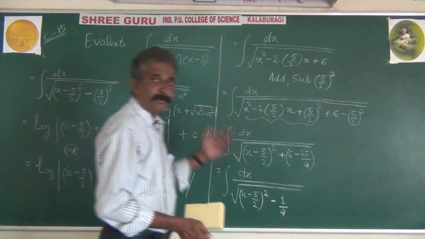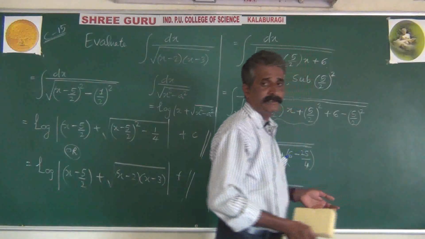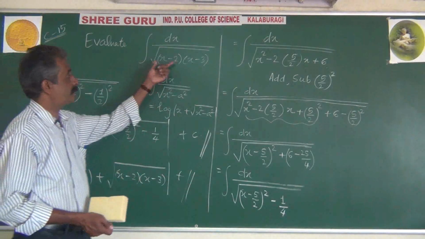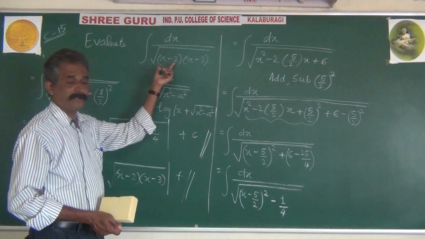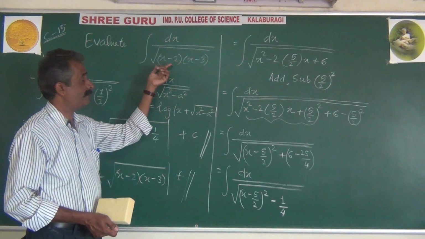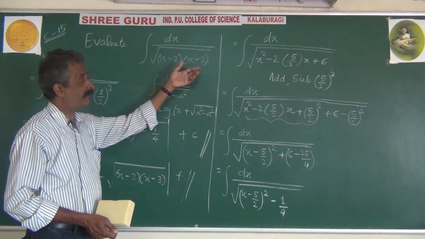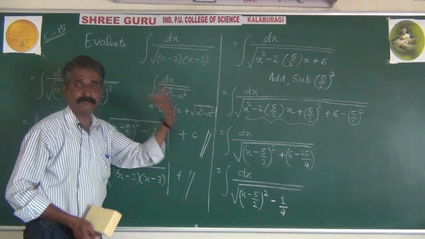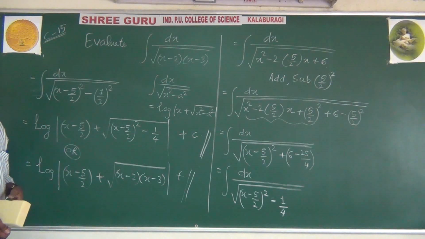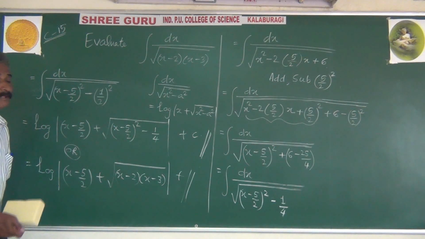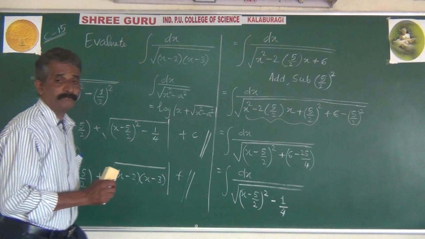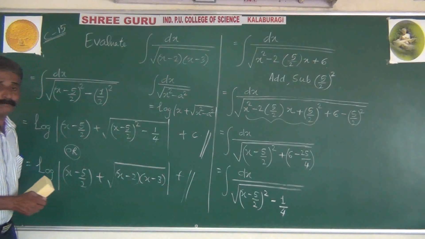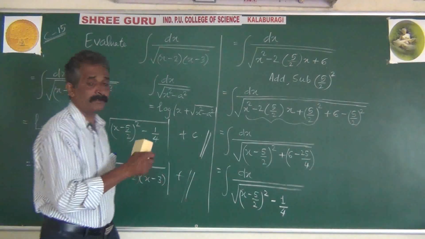Like this, for any other kind of problems of this type, you need to manage them because your method remains the same. Only the numbers can change. You may get x plus 2, x plus 3, you may get x minus 4, x minus 6, you may get x plus 3, x minus 5. If that were the case, you should not blame the lecturers. We solved 2 and 3, in the exam 4 and 5 came, how to solve? That's not fair on your part. In mathematics, what I told you is that the method is important rather than the particular numbers in that particular problem. I hope you can solve any other problems of this type or type 4.